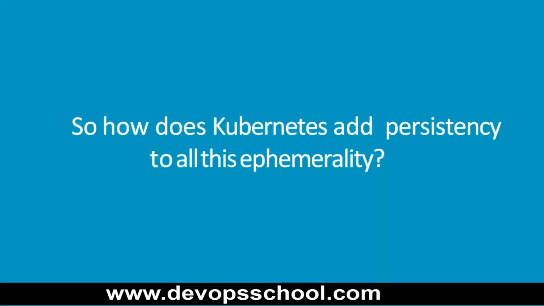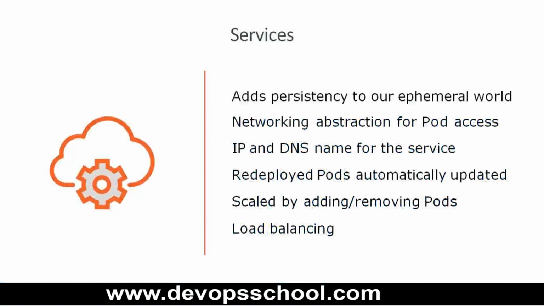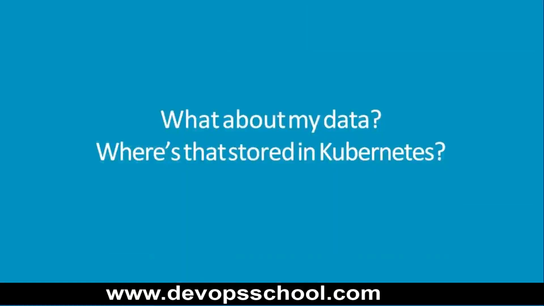So the question is, how does Kubernetes add persistency to this ephemeral behavior? That is done by the services. So services add persistency to our ephemeral world. It's a networking abstraction for pod access. Services have an IP and DNS name. Again, a redeployed pod automatically gets updated to the service. It can be scaled by adding and removing pods, and it provides some load balancing. So